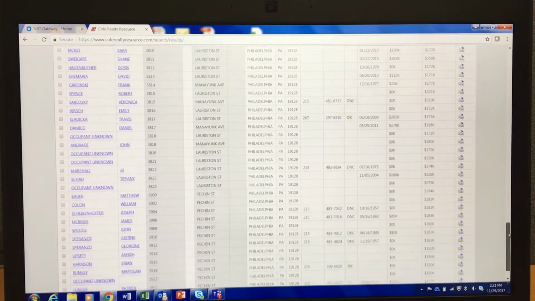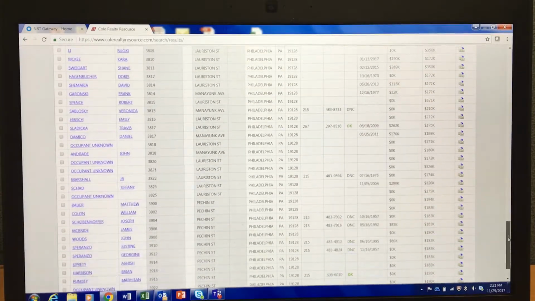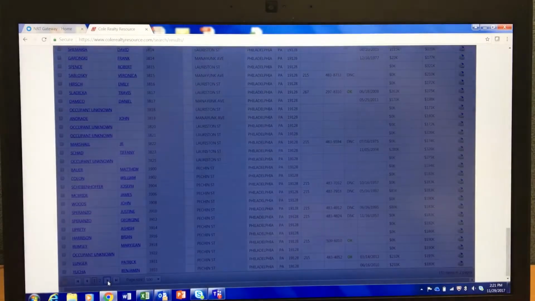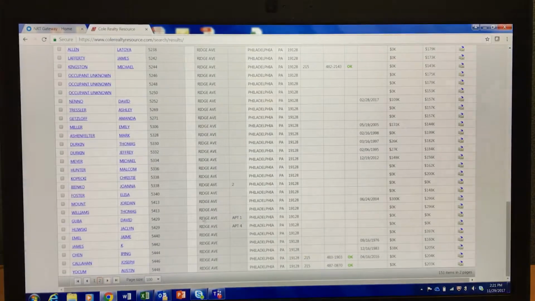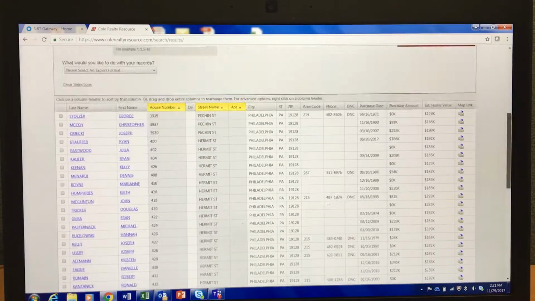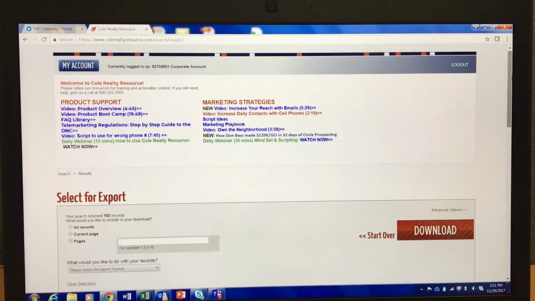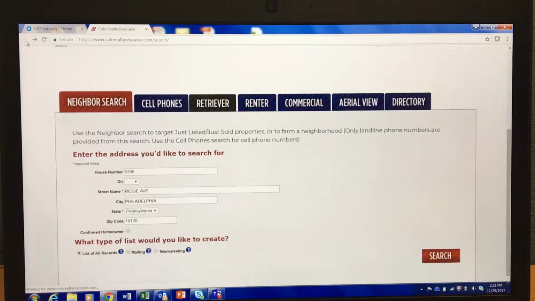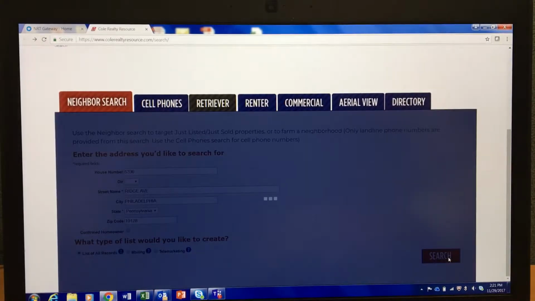Mitchell Street is in there, Peachin Street, so on and so forth. I have about 2 pages full of stuff. So I go down here to the bottom and I can advance on, and that'll give me the Ridge Avenue ones that were in the original list that we had earlier. Okay? The other option you have when working with this system is, if I go back one more time, hit search with the same criteria,